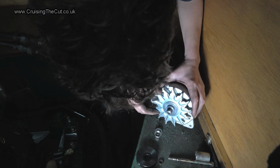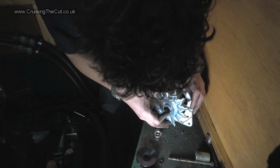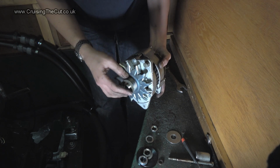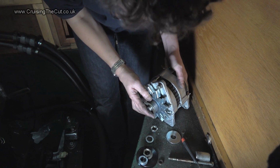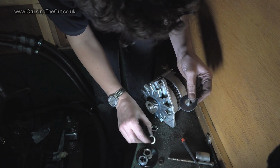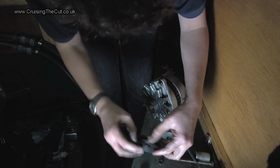So that comes off. Oh, look, on this one, the whole fan thing comes off. Actually, that's quite good. I can see if I've messed up the wiring. Right. Remember, that looks like that. Now, there was a brief intermission there while I tried to work out whether we needed these spacers, because the one that's just turned up, you see, the new one, obviously the pulley was narrower,